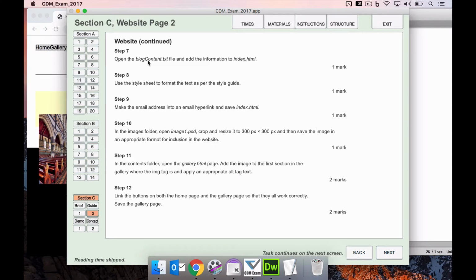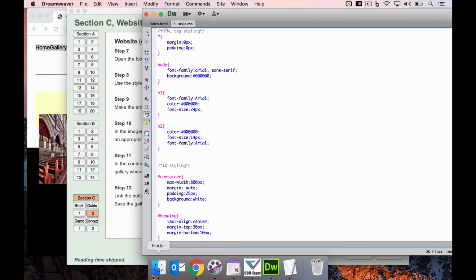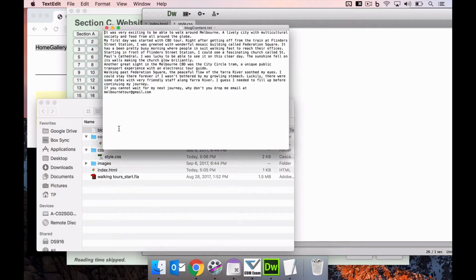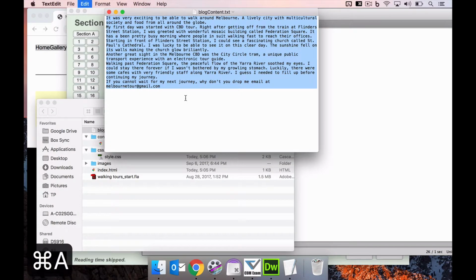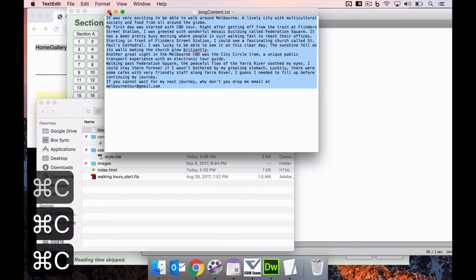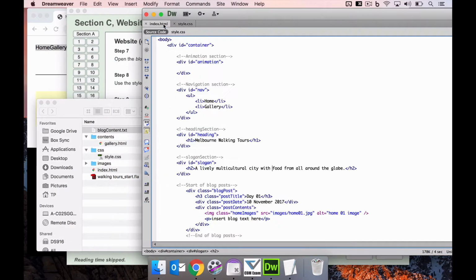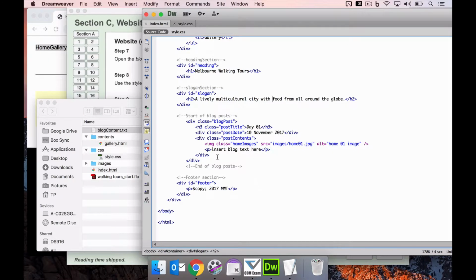Step 7, open the blog text file and add the information to the index. Okay, let's get the content from here. Let's Command A, Command C, copy it all. Let's go back to the index and let's put it in. It's asking us to put it in here. I'm guessing